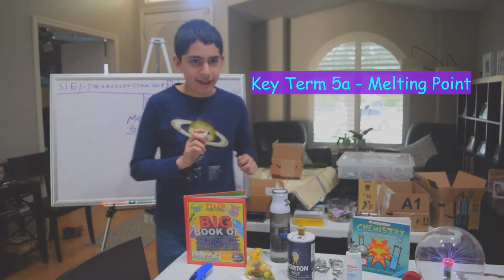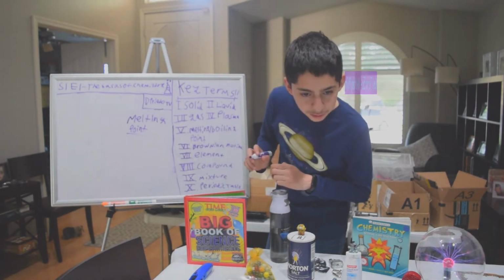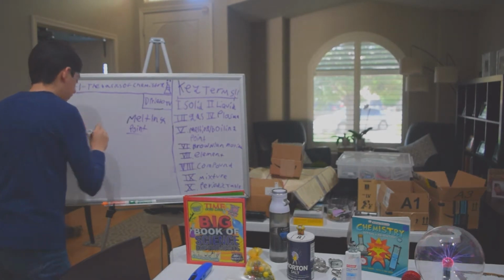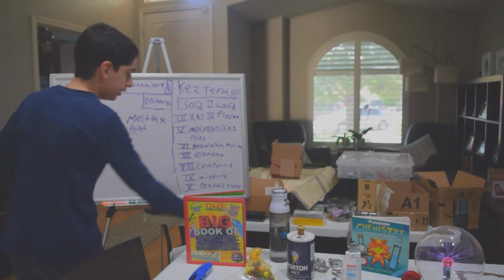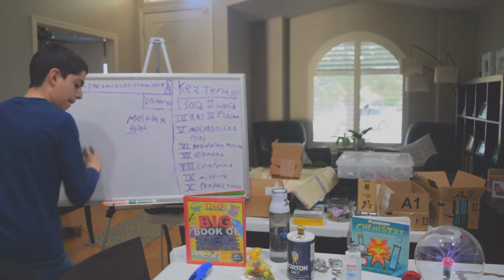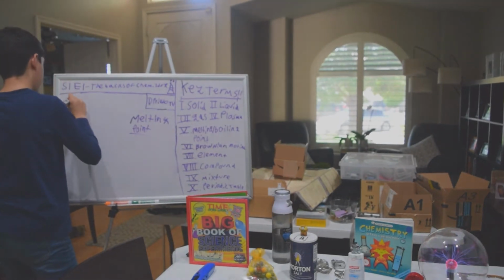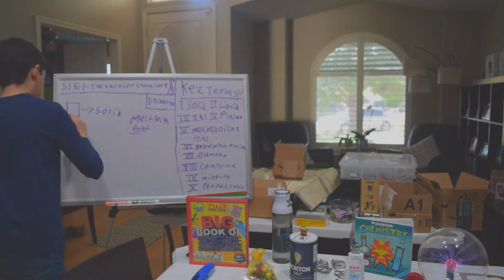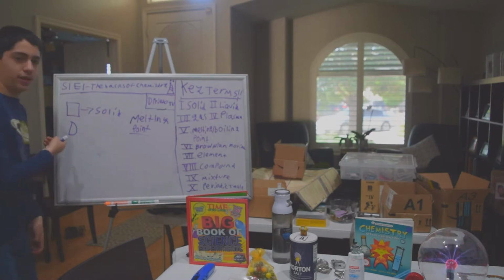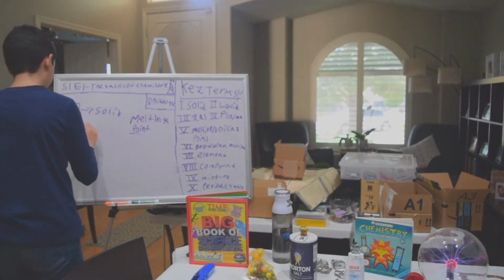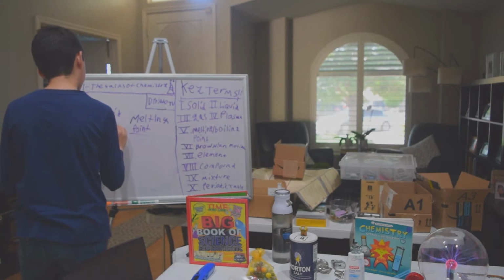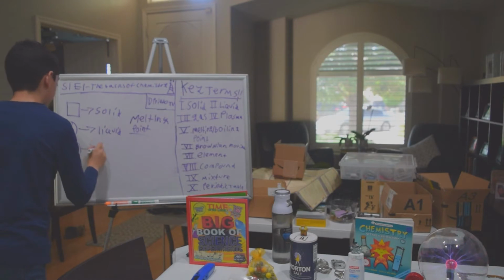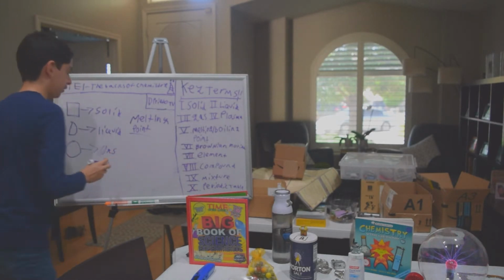The melting point is when, let me see my notes, a solid, so I'm going to put a diagram here. Let me just do a key to begin with. Solids, I'm going to represent with a square. So this is a solid. I'm going to make a drop. That's my drop, it's not the best drop. That's going to represent liquid. And then gases, I'll represent by a sphere. So that's going to represent our states.